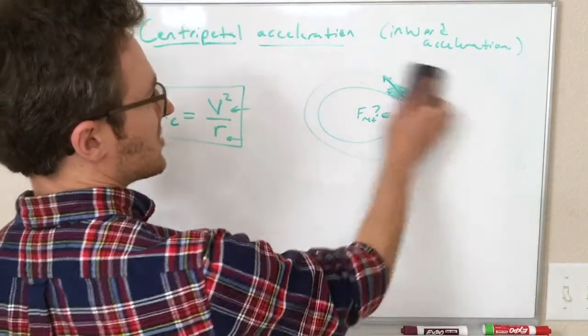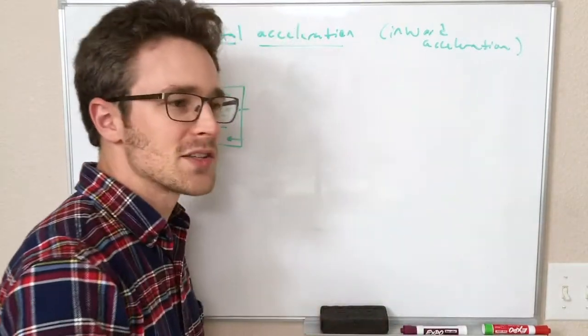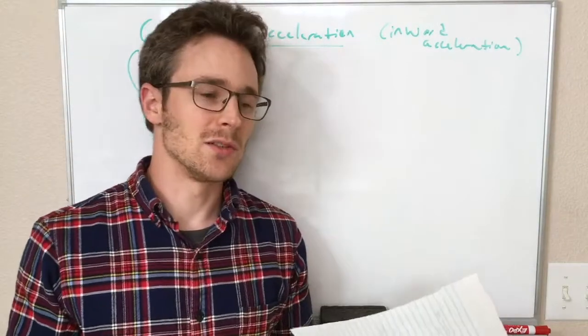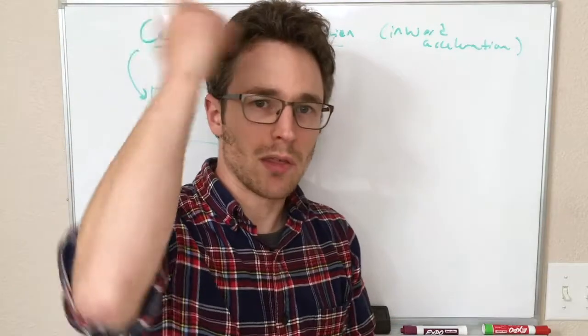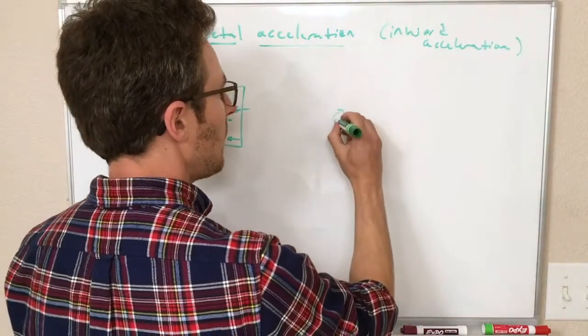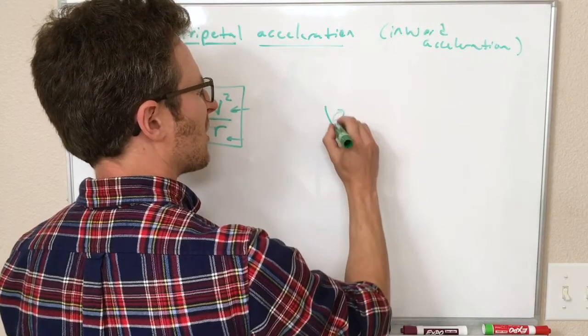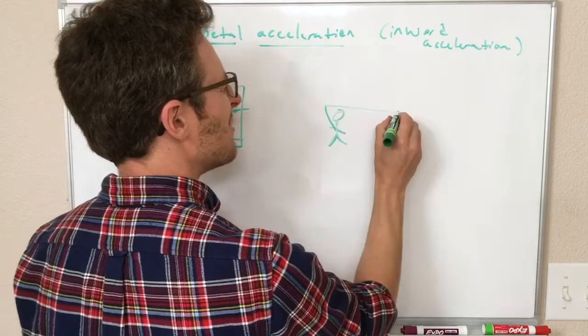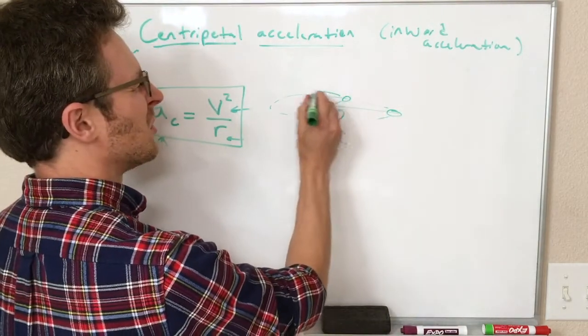Okay, so this is one example. Another example, and the demo I like to do in class, the slightly intimidating demo, is I have a ball tied to a string, and I swing that above my head, which looks something like this. I need longer arms for this. So I have some ball, and it's going in some big circle